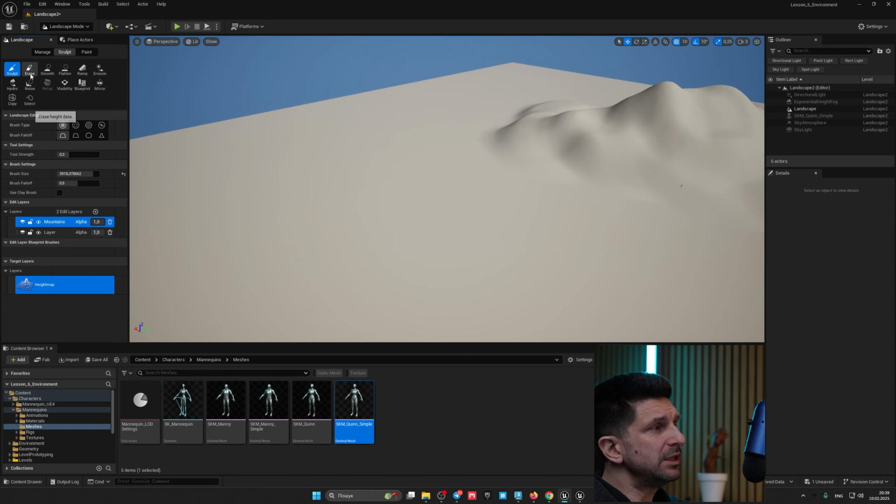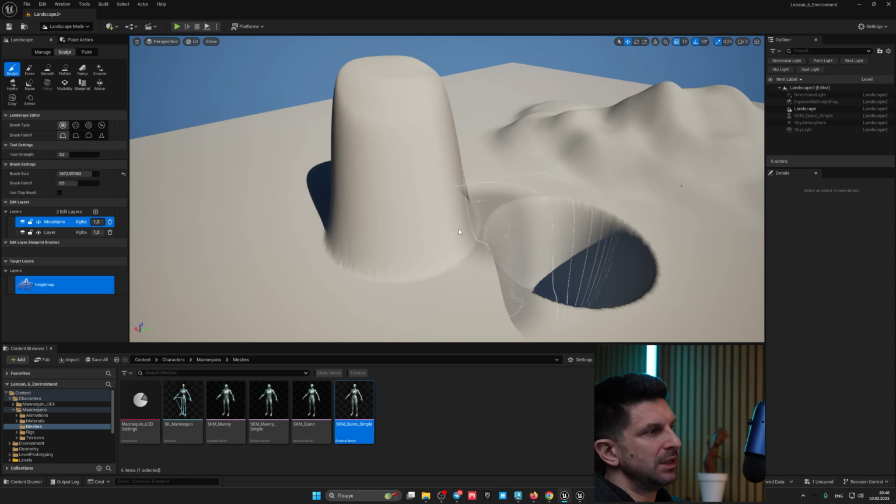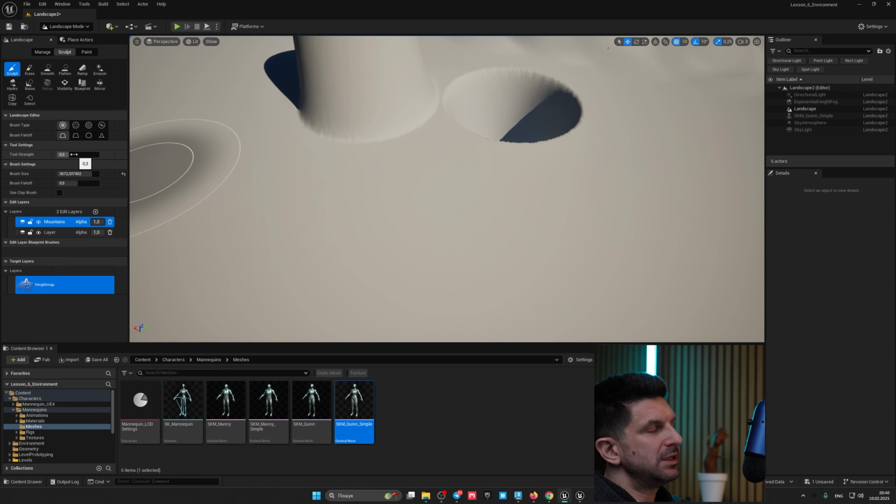I'll move back. So first, the usual sculpting. There is a size. Here is the brush size. We increase or decrease the size of our brush. And by pressing and holding the left button, our mountain will grow. With the Shift key held down, pressing will create a pit. Similarly, we can also adjust the pressure strength. Right now it is set to